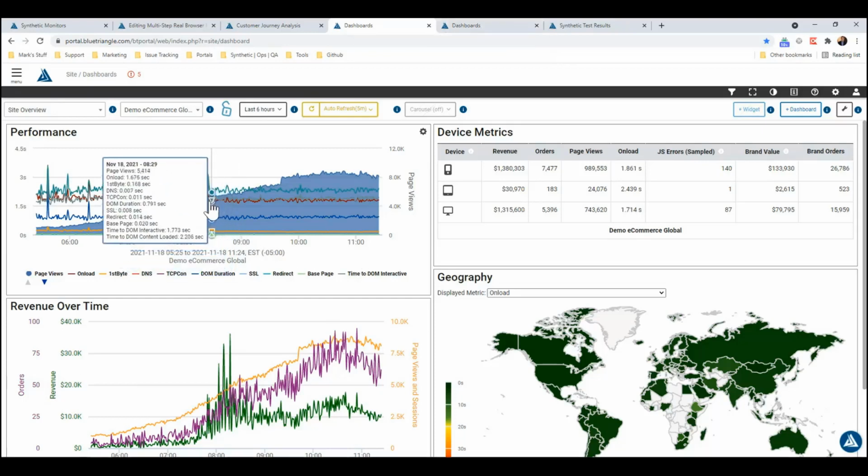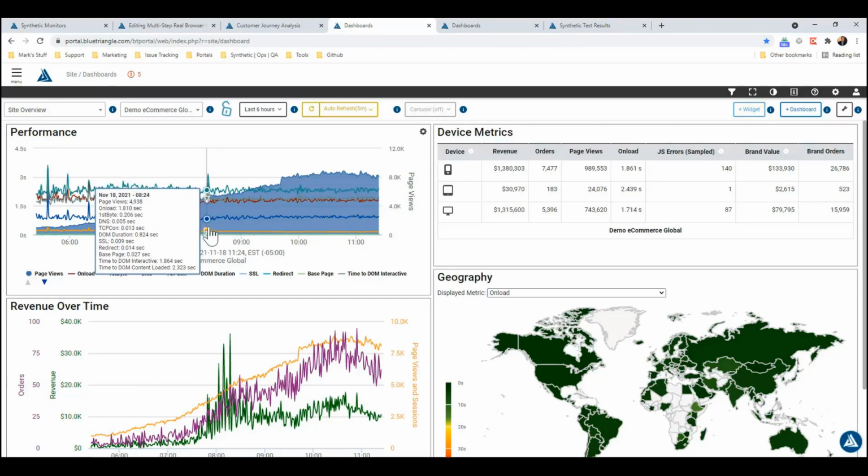The other thing is first byte time. First byte time and base page are two pretty significant metrics when it comes to identifying issues, because both of these metrics, first byte, it's this orange line here, and base page was this light green one, are both going to affect all other metrics as well. So as you can see here, this spike in first byte time caused an increase in these other metrics above as well. And we can see here between 8 and 9,